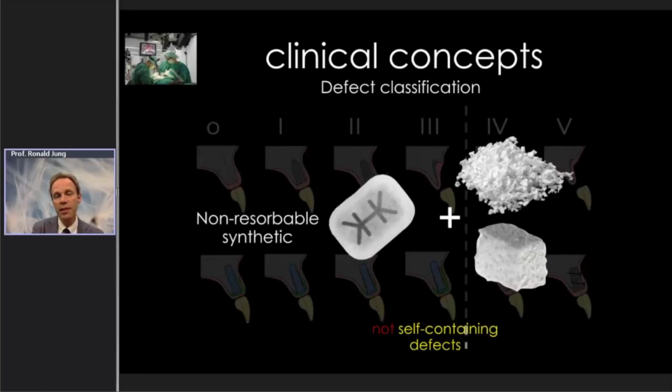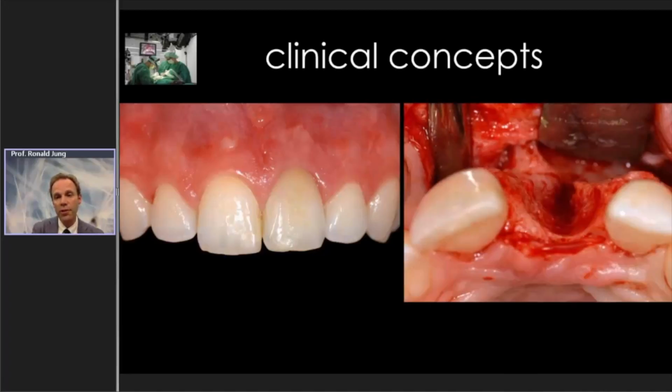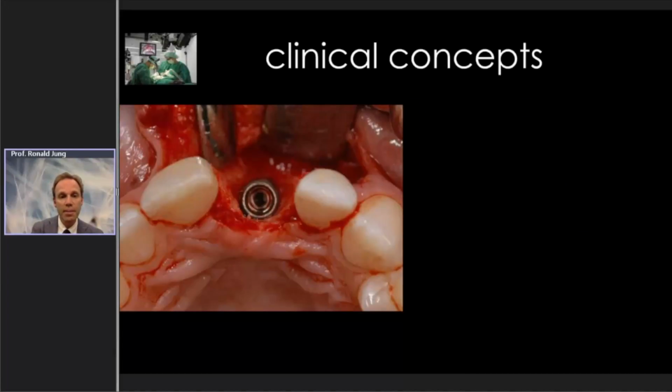Here is a case which represents a class 3 defect, a central incisor, the left one, which has a buccal fracture, with more than 12 millimeters of buccal depth. After tooth extraction, we can see here the extraction socket with a complete loss of the buccal bone plate. So here we do need a membrane and a graft material which help us to support the tissues and the graft material in order to benefit from a nice contour. You can also see the implant in place with a complete loss of the buccal bone. And then membrane placement, stabilized with titanium pins.